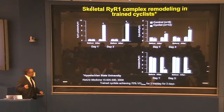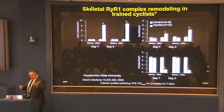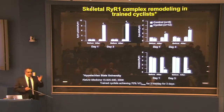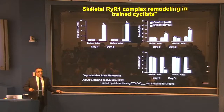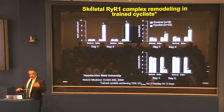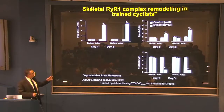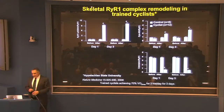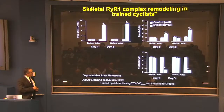And I was at a muscle meeting a number of years ago, bumped into a scientist who I was talking to, and he said, well, we have muscle biopsy samples from trained athletes. It turned out he was at Appalachian State University, and he had all these world-class cyclists coming there, and they were letting him biopsy them. And I said, well, why are they coming to Appalachian State University? And it turned out Lance Armstrong spent a couple of weeks there one summer before he got discredited. So all the cyclists in the United States for a period of time would go there